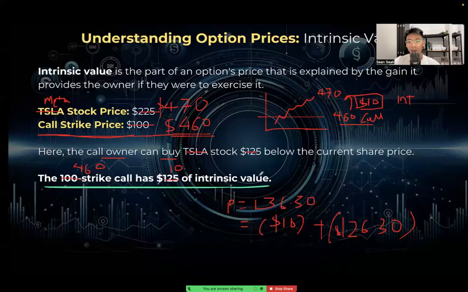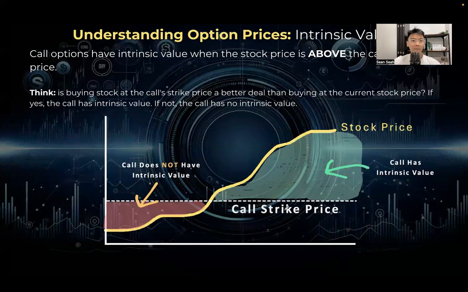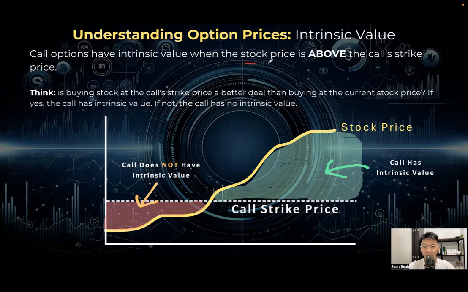So you can see this is the intrinsic value and extrinsic value. Put it simply, you can see that call options have intrinsic value when the share price is above the call strike price. I hope my video is not covering any of these slides, okay? So you see, if this is the strike price, example